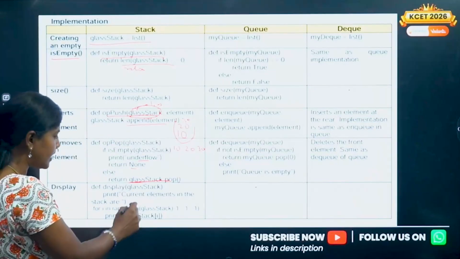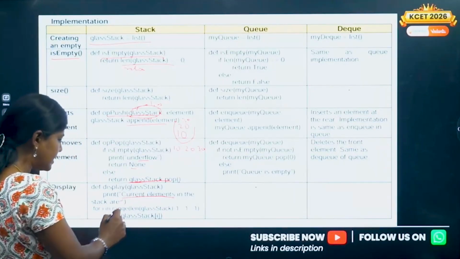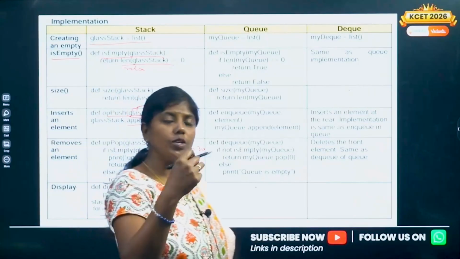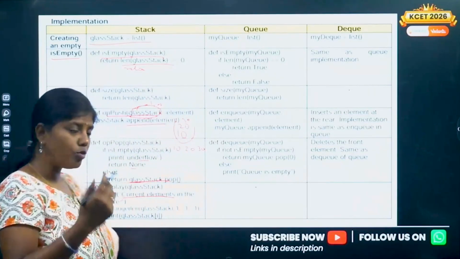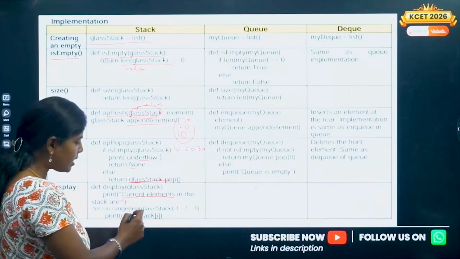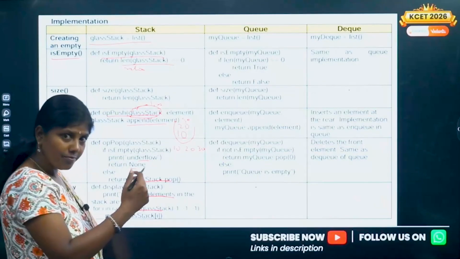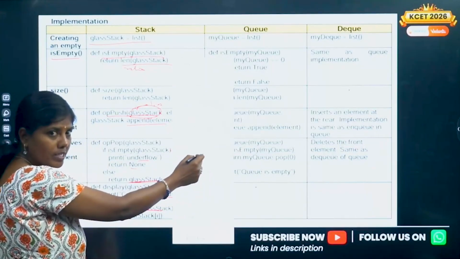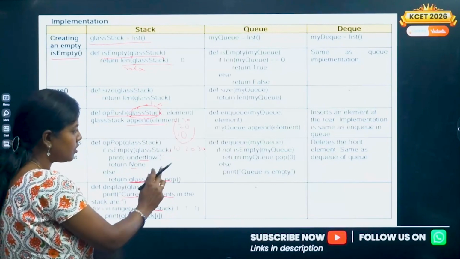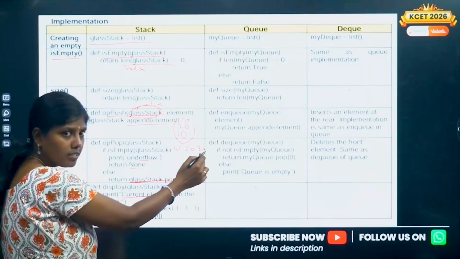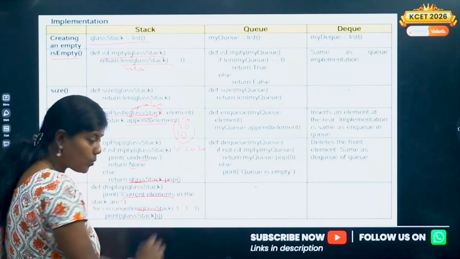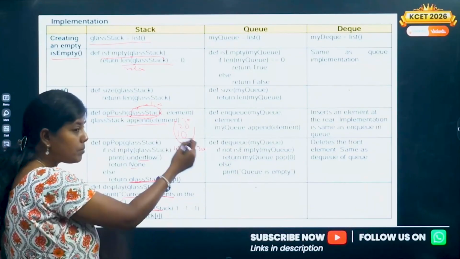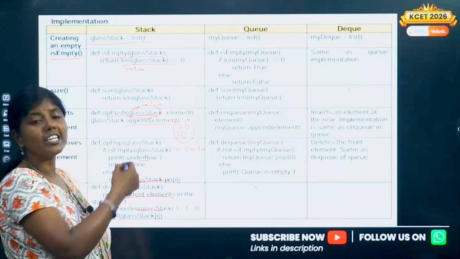Similarly, we have to display it. I'm going to check the current elements in the stack and repeatedly display them. You can have 10 elements, 20 elements, 3 elements, so you need a loop to display. So for i in range(len(self.stack)-1. From here till here, this is going to be length -1. So this is 0, 1, 2, right? Total elements is 3, length -1. Length of stack -1, -1, -1, because you have to go in the reverse direction.